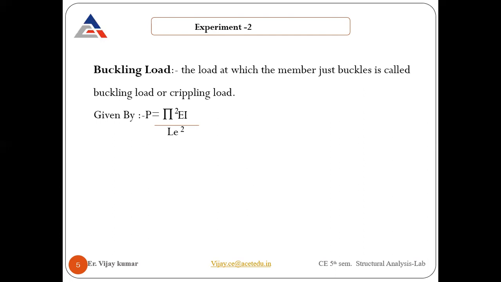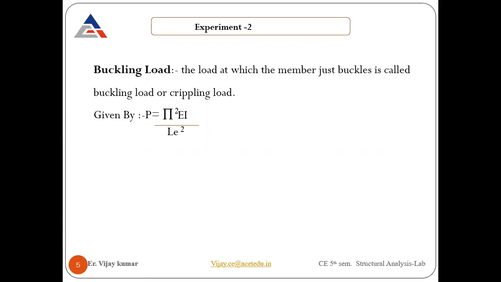So the buckling load is given by Euler's formula itself. This relation is only applicable for a long column. So P is equal to pi square EI by L square, where E is the Young's modulus of elasticity of the material the column is made of, and I is the moment of inertia. That is very simple to calculate. If it's a rectangular body, it's BD cube by 12. If it's circular, then pi d to the 4 by 64. In that case, you can calculate. Then we have to find L square. L effective needs to be found first of all, depending upon the end condition.